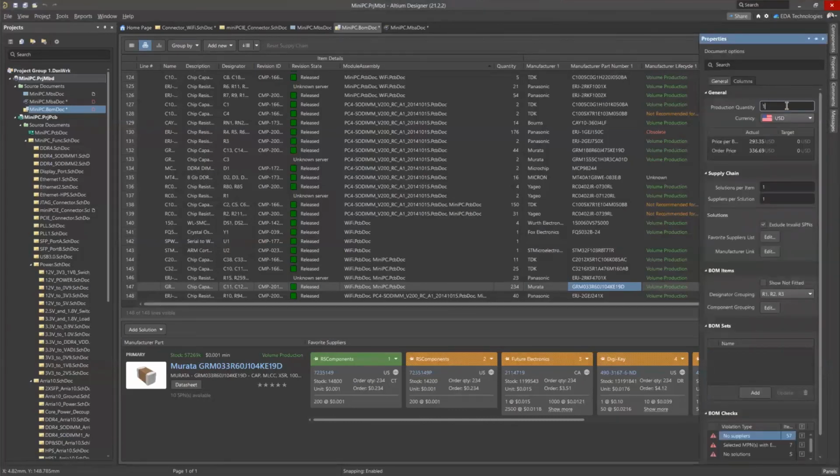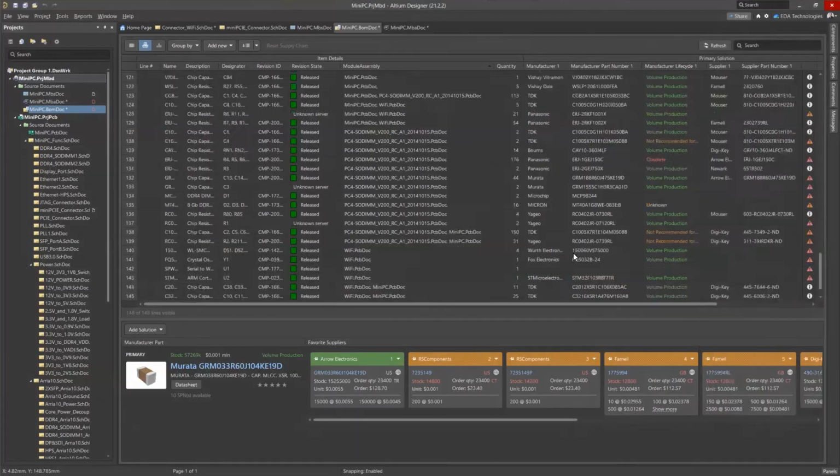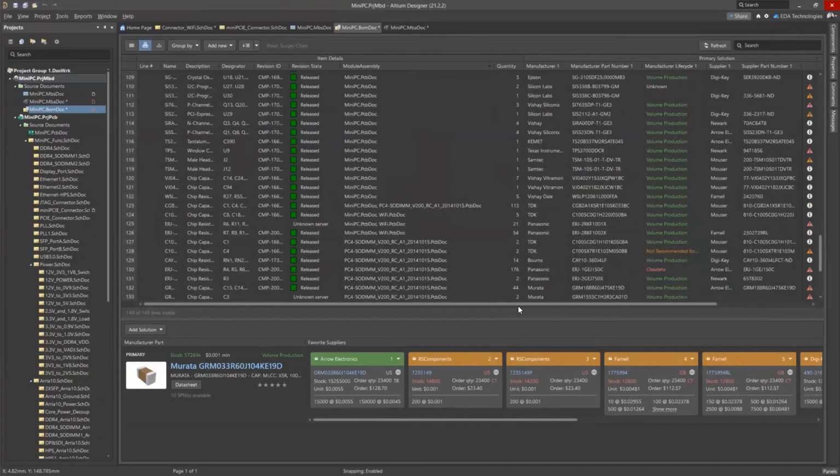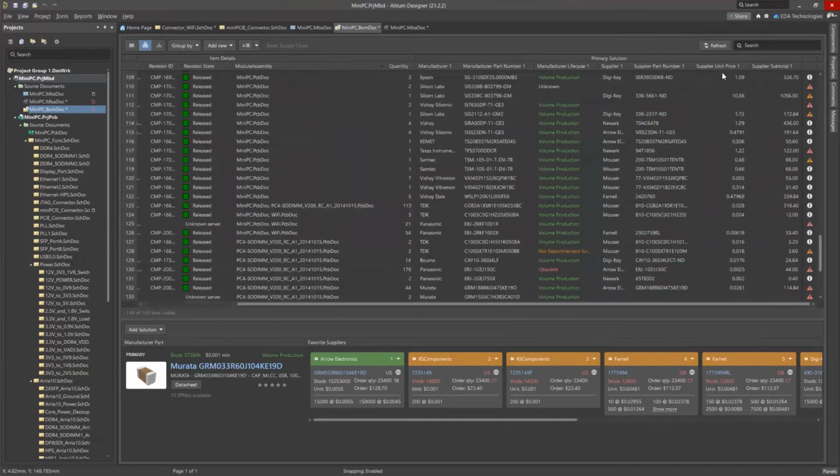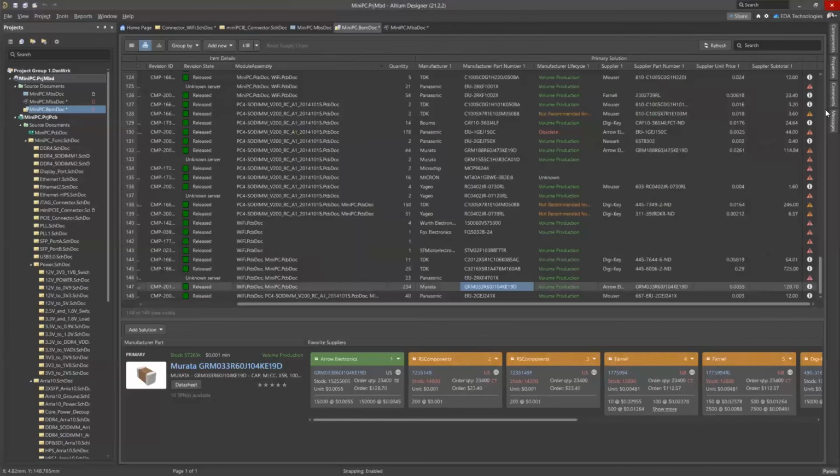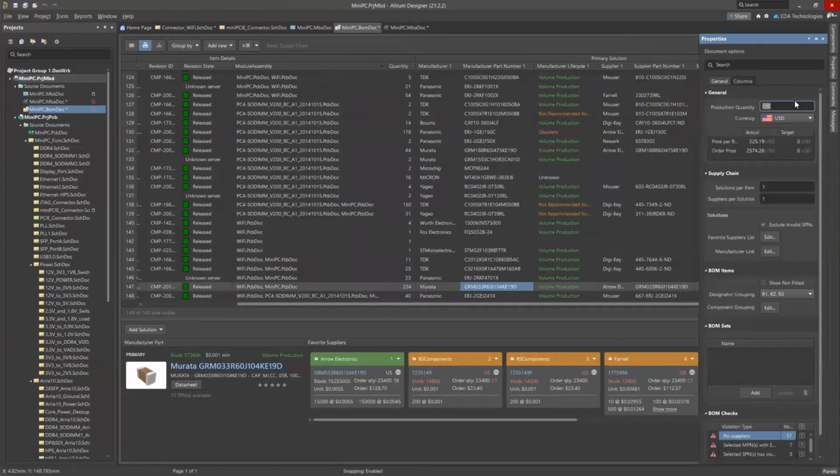So let's say you're going to do a production run of 100. Now it's going to update everything for the correct price breaks for 100, and this is quantity per unit, but here you can see there's the supplier unit prices and supplier subtotals, which will change as I change this. So if I do that,